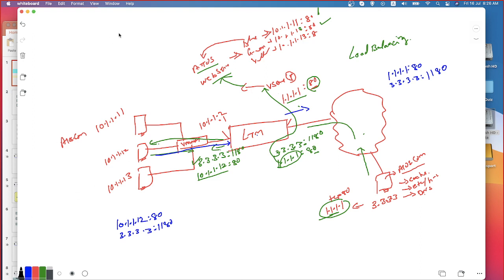In destination NAT, assuming that if I have 1.1.1.1, of course, destination static NAT is also possible. What I'm basically trying to do is 1.1.1.1 is mapped to 10.1.1.12. Not a problem. It looks like the same thing. But the condition is always when the traffic is received to 1.1.1.1, it will always be translated to 10.1.1.12. Of course, I agree that the translation is happening on the destination IP address. But assume that if you have one more server, 10.1.1.13 and 10.1.1.11, now how come using this destination NAT, one single IP address can be mapped to multiple internal servers?